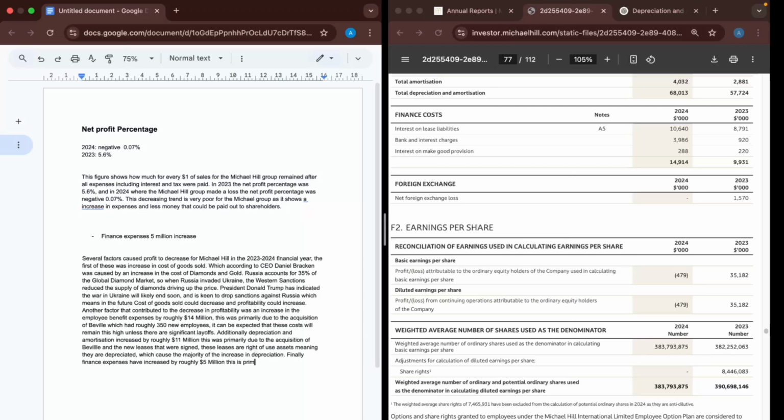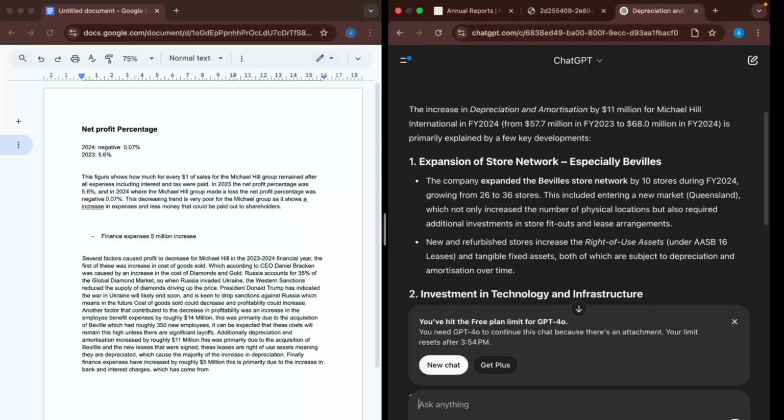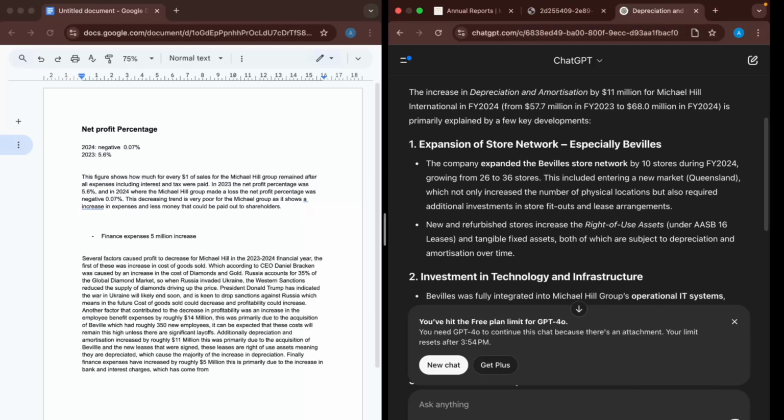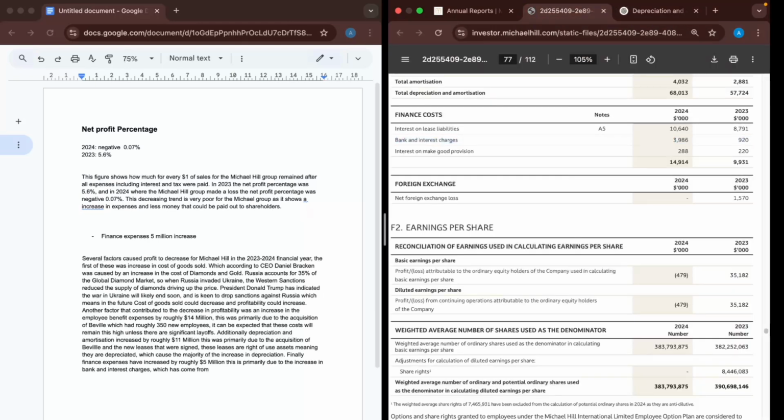This is primarily due to the increase in bank and interest charges, which has come from, we might actually just find out, we'll just put it back in. Oh no, we can't do that. Okay, well we'll just write, so with bank and interest charges, guys, the reason that they've probably increased is because